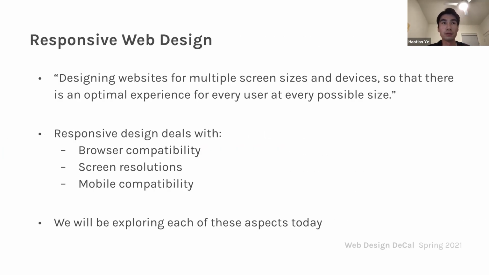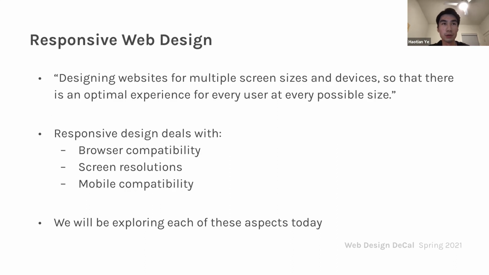So for responsive web design, we have a quote that we really like to emphasize every semester: designing websites for multiple screen sizes and devices so that there is an optimal experience for every user at every possible size. Because like I mentioned in the beginning, there are so many different screens out there that you have to keep in mind. It's crazy. Even you have to design for fridges and microwaves now. Back in the day when it was just computers, it was very simple, but now it's more